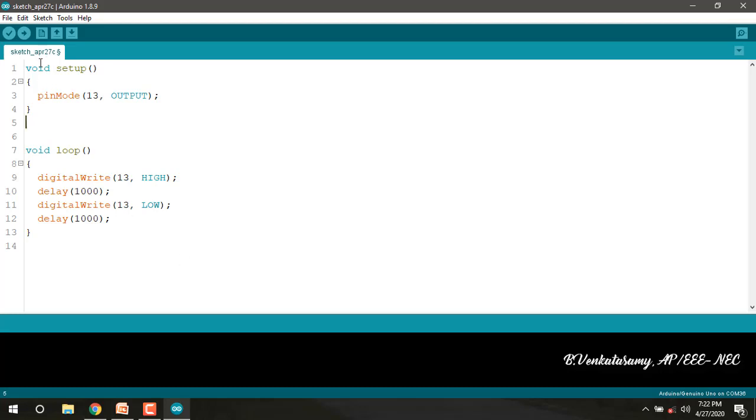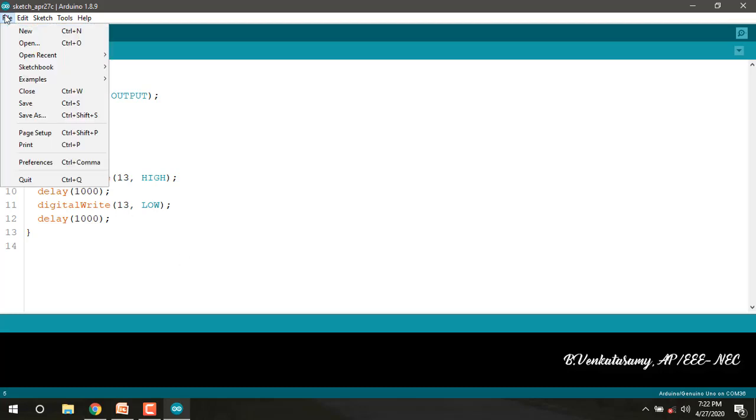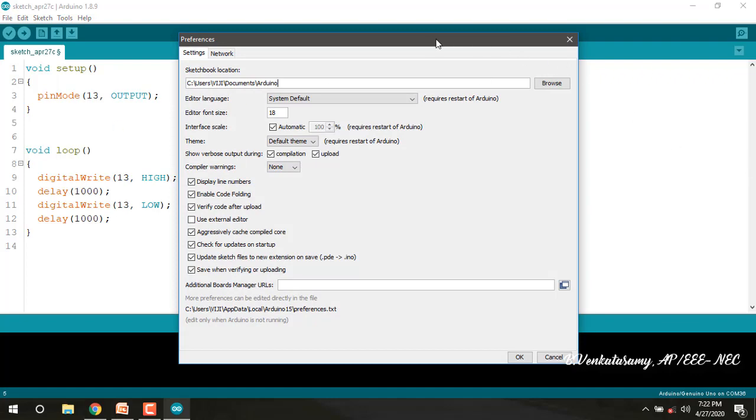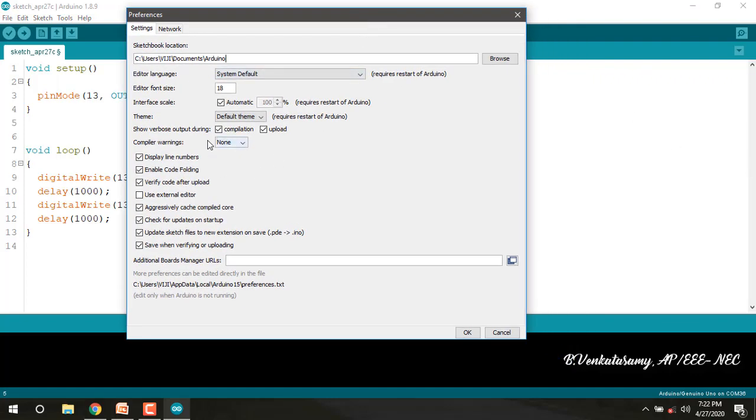So before going to that, we have some simple procedures. Go to preferences. Kindly check that all the checkboxes are enabled except use external editor. Many times some of the checkboxes will not be enabled. So enable the checkboxes except use external editor.